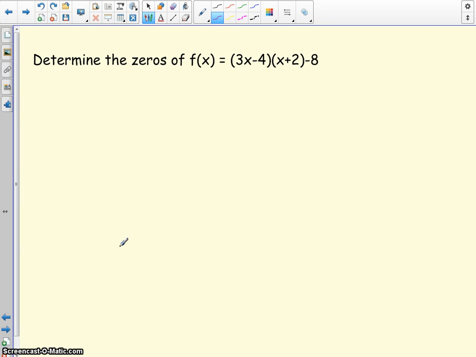Okay, welcome back. Last one we're going to look at for finding zeros anyways. So again, ask yourself what form you're in. This one's actually partially factored form. Now, again, as to remind yourself what this is actually telling you, the values from the brackets here, the x equals 4 over 3 and x equals negative 2, these are not zeros, okay, because of that minus 8